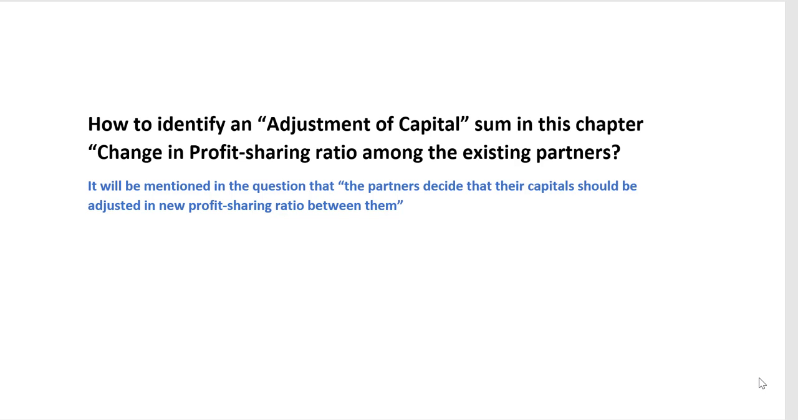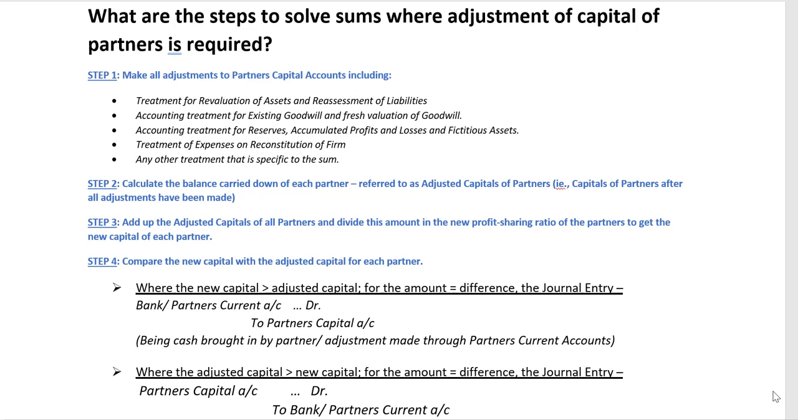Next, what are the steps to be taken to solve an adjustment of capital sum? So let's go into that. What are the steps to solve a sum where adjustment of capital of partners is required? The first step